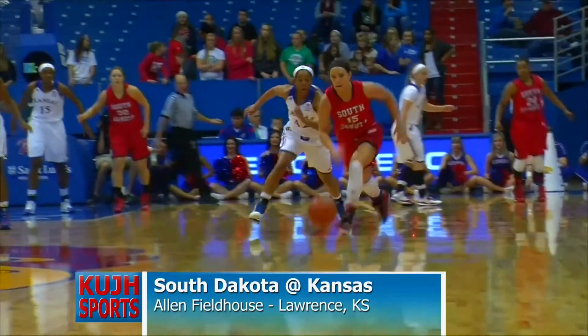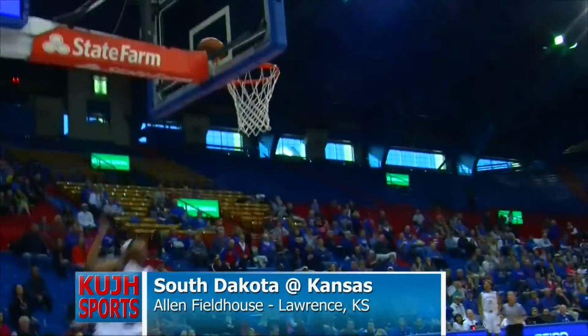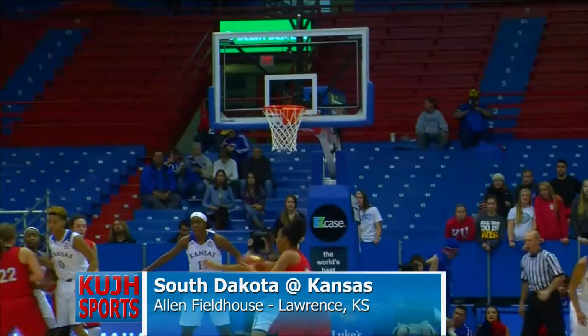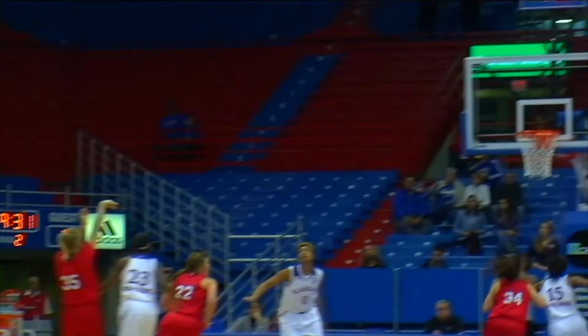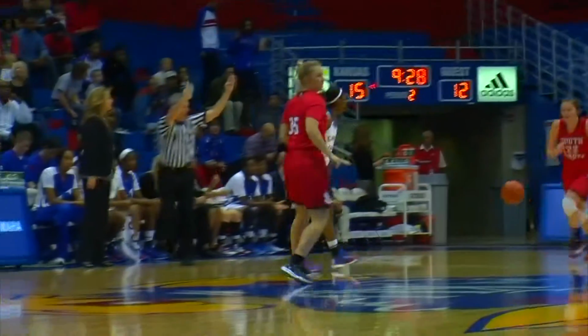KU senior Natalie Knight had 5 steals in 39 minutes of play and scored 15 points in this close game. Meanwhile, South Dakota's senior Nicole Seecamp dropped 21 points for the Coyotes, but the afternoon belonged to Chelsea Gardner, who joined the 1,000-point club on a play that tied up the game for the Jayhawks. Chelsea Gardner was the 27th women's basketball player to reach that milestone and the 10th with coach